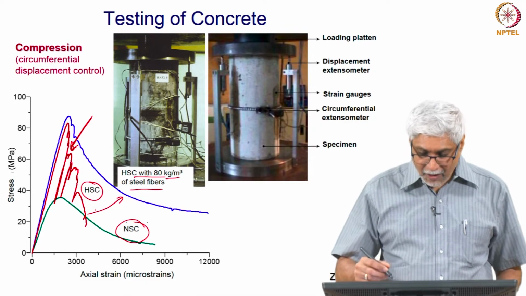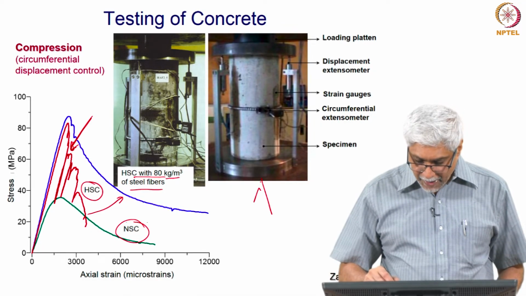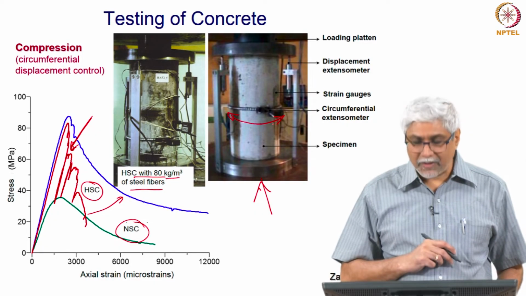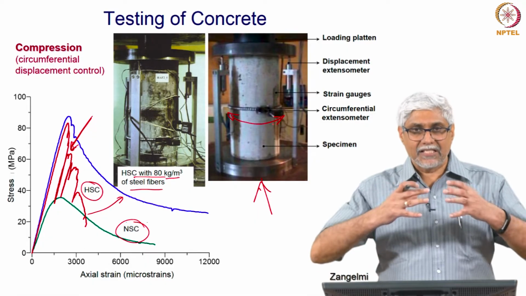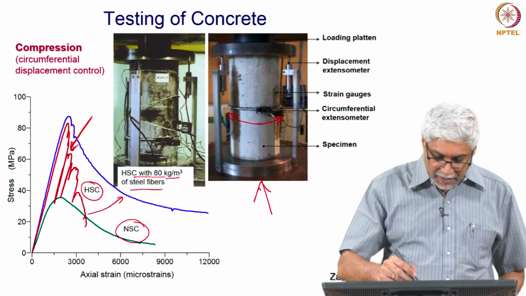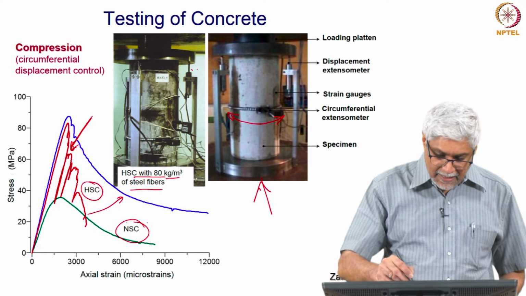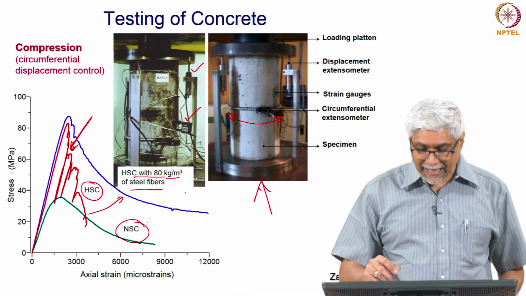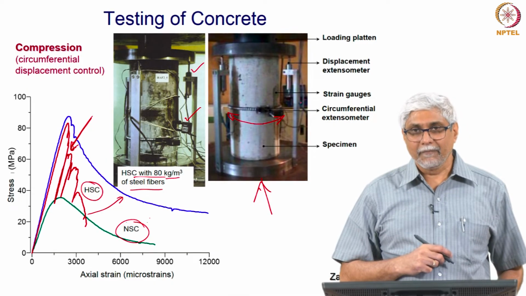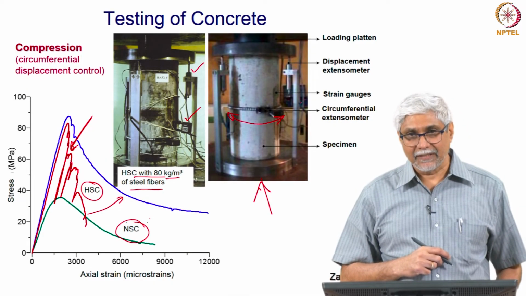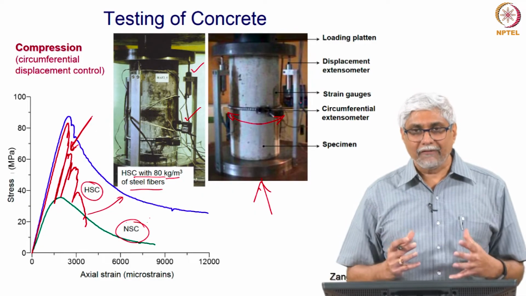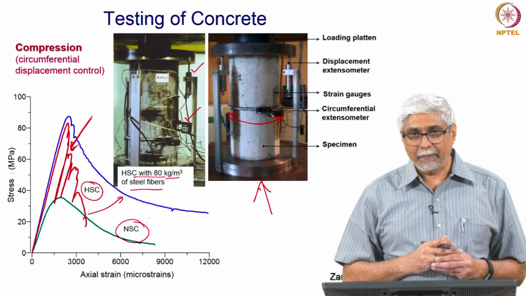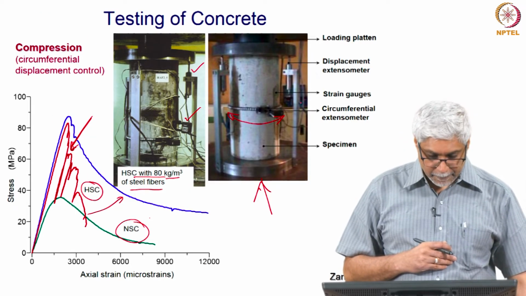The only way to measure it is to do a test of a specimen like this, where we have a chain that is placed around the specimen which is measuring the circumferential strain, and in addition we have to have measuring devices for the axial strain. We want the axial strain, but to get the axial strain we should also measure and control the circumferential strain. So, it is a very tricky test, but once you have a good system and somebody who is knowledgeable, we can easily get these types of responses and capture them.